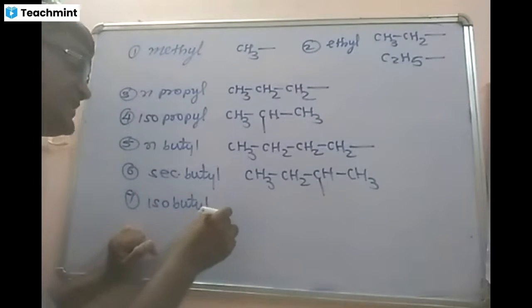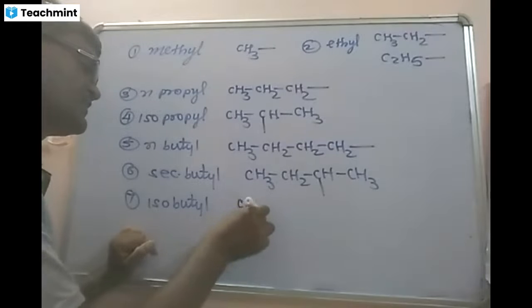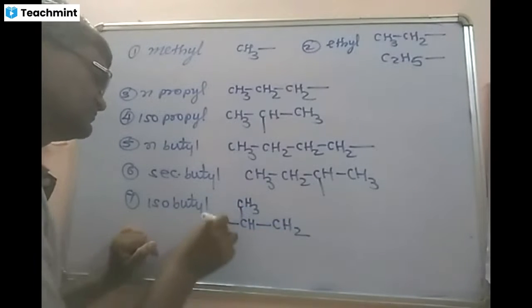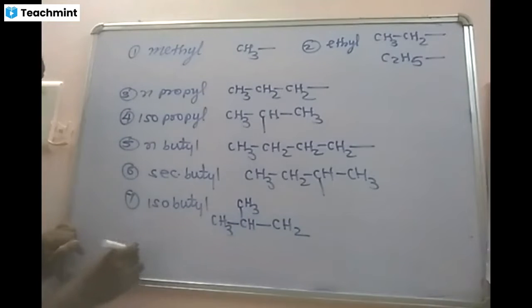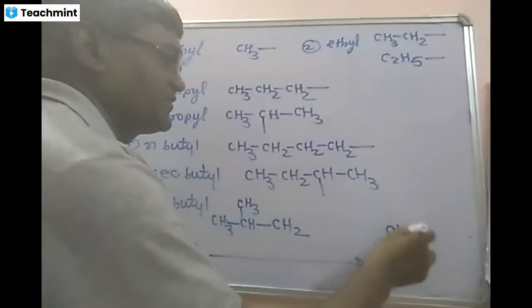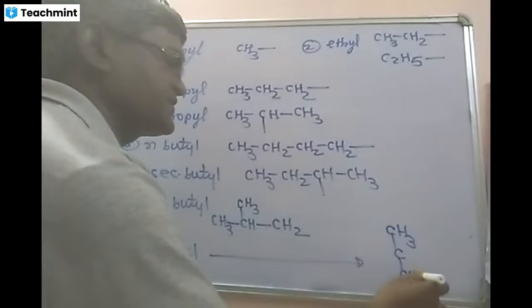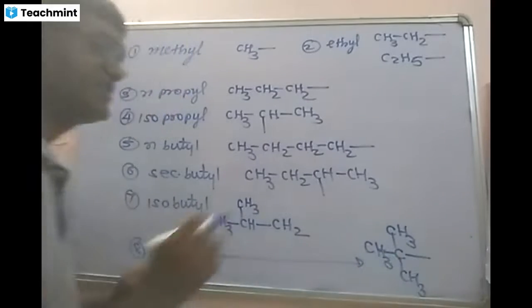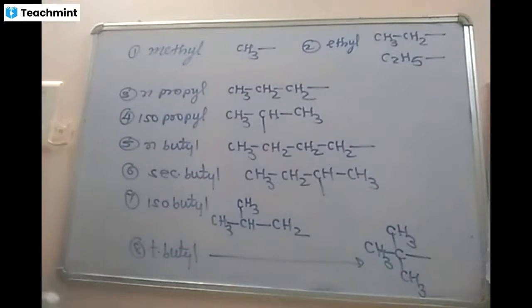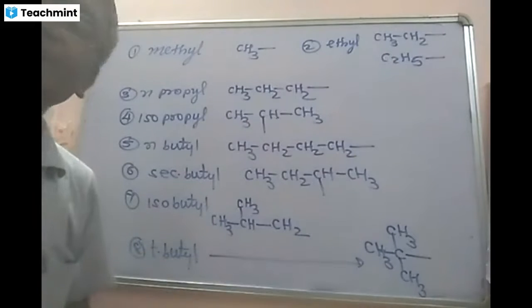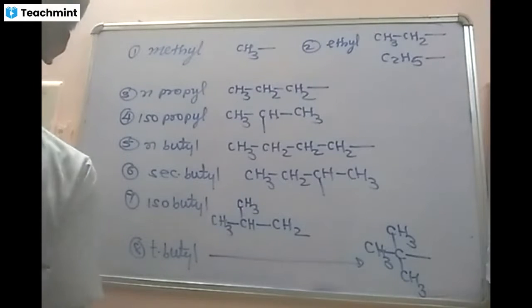So this is along with the side chains CH3, CH. And the last one is your terbutyl. So this will be मैं यहाँ पे ड्रॉ करूँगा CH3, C, CH3 dash. Isobutyl का यहाँ का हाइड्रोजन हमने रिमूव कर दिया and in this way you are getting 8 alkyl group. Now these are the open valencies जहाँ पे आप कोई भी एक ग्रुप लगा के किसी कंपाउंड का एक कॉमन नेम आप बना सकते हैं. ओके